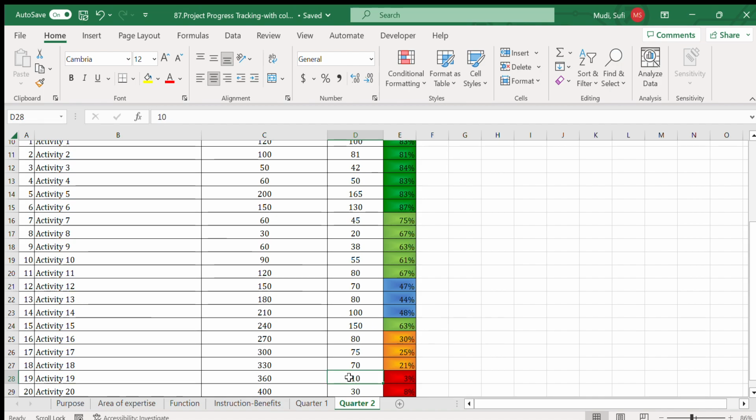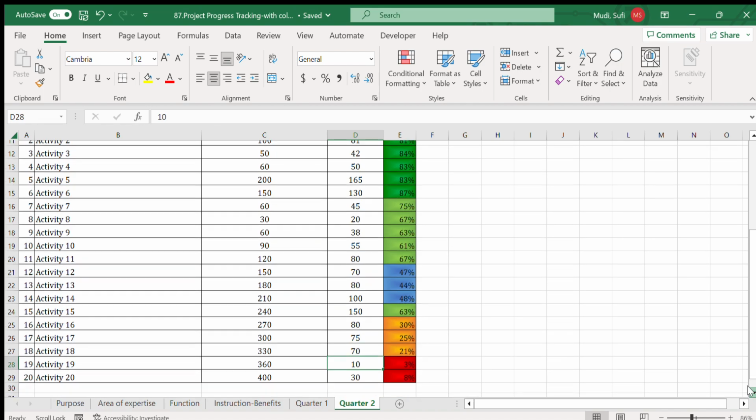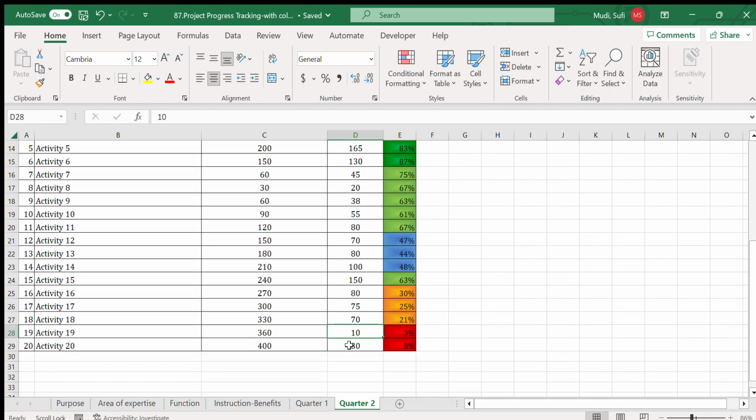For the last activity, which is currently at 400 plan and 30 implementation up to quarter 1, if I make it, for example, 200 in quarter 2, it will change to somewhat blue color,